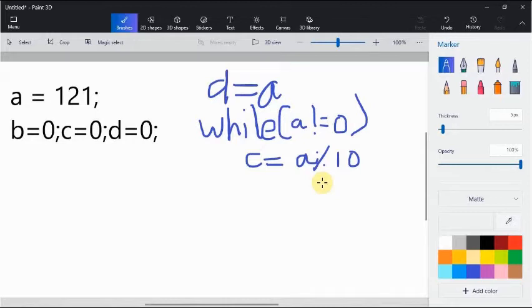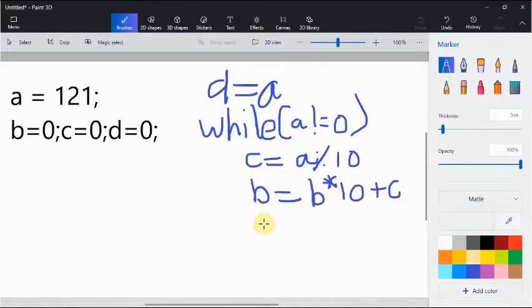For example, 15 percentage 10 works like 15 modulus 10, which is 5. Now we're going to do this: B equal to B times 10 plus C,